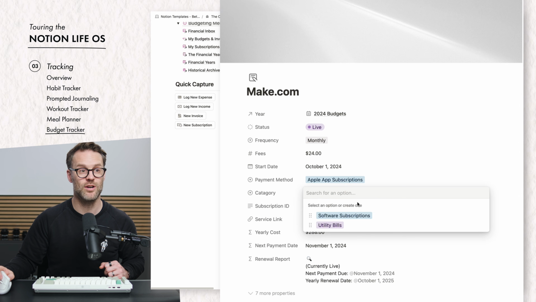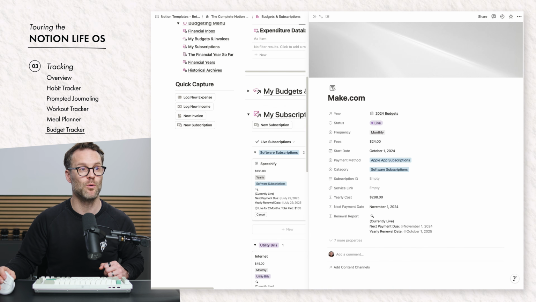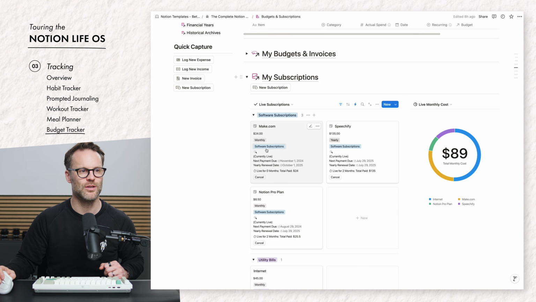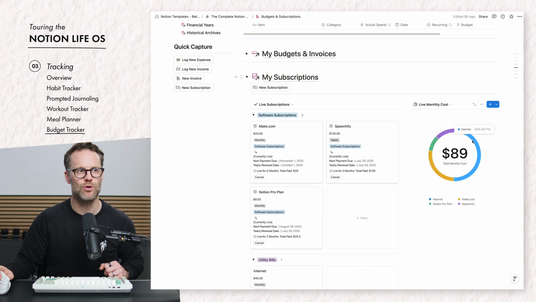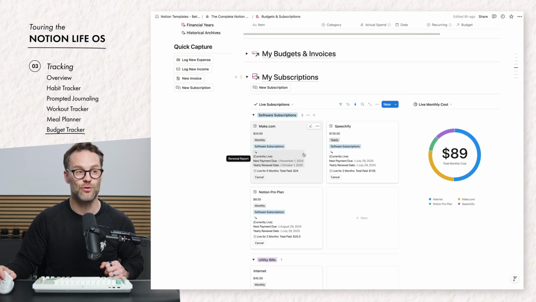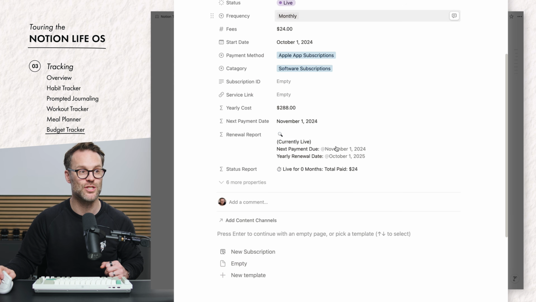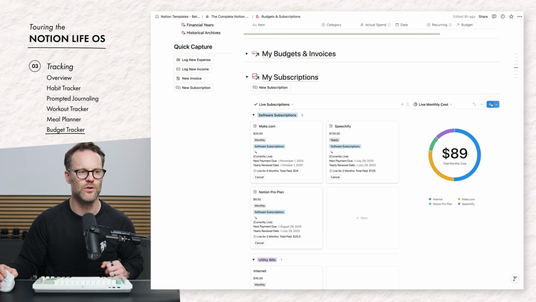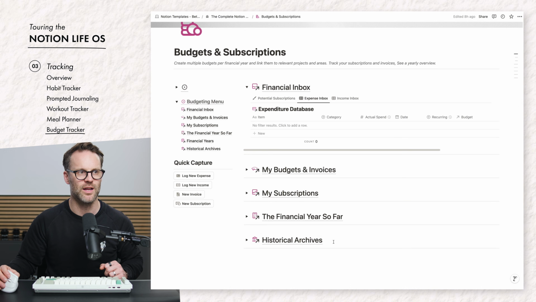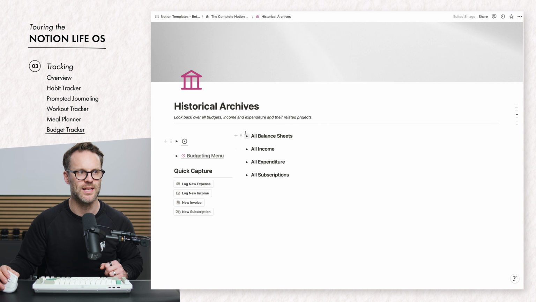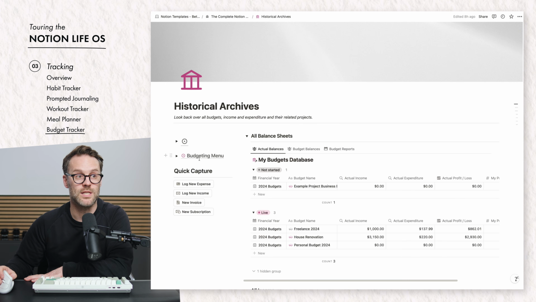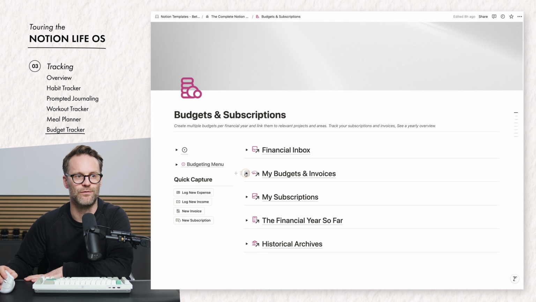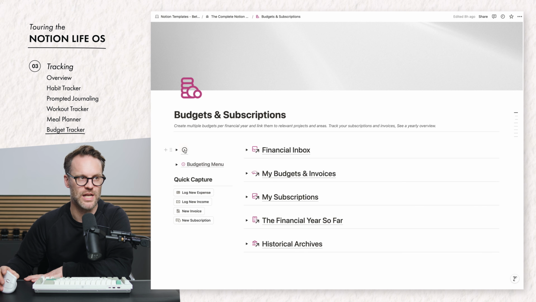You can give it a category, and then you will see it turn up within your system, and you can keep track of it. It will give you a total cost of everything you're subscribed to. And of course, you can even then link this to, let's say, my digital products. So this is a kind of quick overview of what's possible. We also have an archive of everything that has been listed in there. So it's a pretty powerful system, but my favorite use case for this is probably with projects, where you would